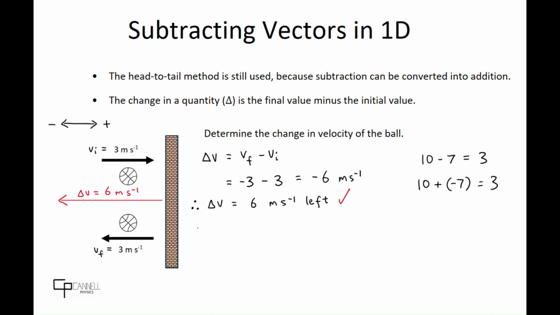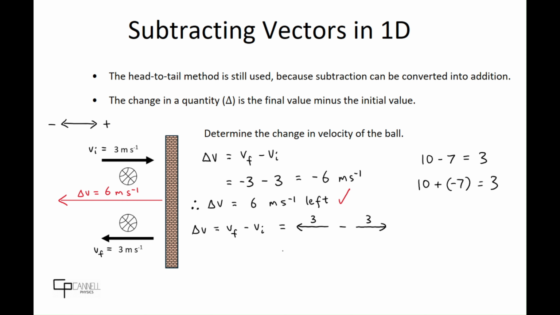So let's redo the problem, but draw the vectors instead. So as before, the change in velocity is the final velocity minus the initial velocity, but let's actually draw these vectors. If we look at the original diagram, the final velocity is a 3 meters per second vector to the left, so I've just drawn that over here. And I've drawn the initial velocity vector over here. So using my little side example here to